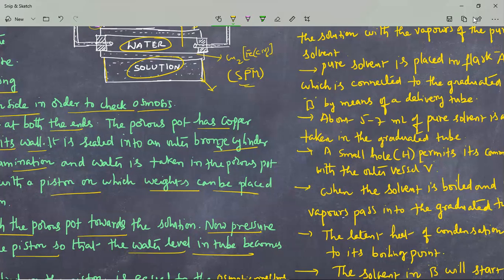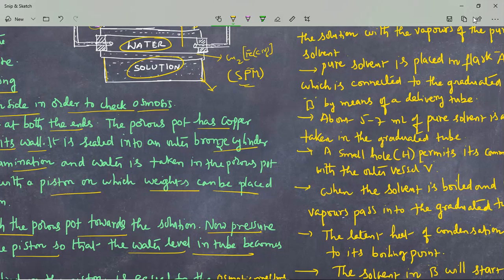The osmotic pressure is the pressure which is applied on the solution that can be calculated. Now, you see some experimental results here. Osmotic pressure up to 150 atmospheres has been measured accurately by this method, which is one of the advantages of this method, I can say. And not only that, this method is giving these results from the experimental determination.